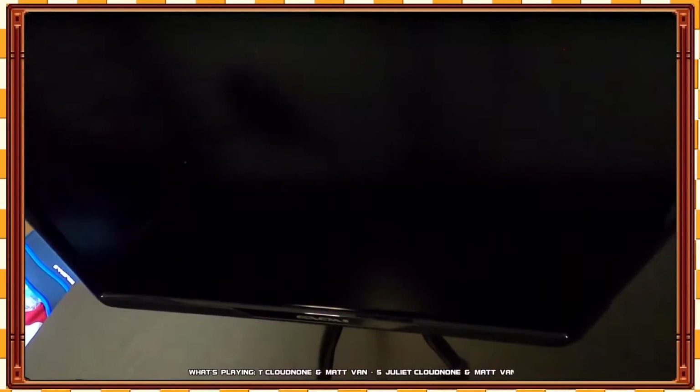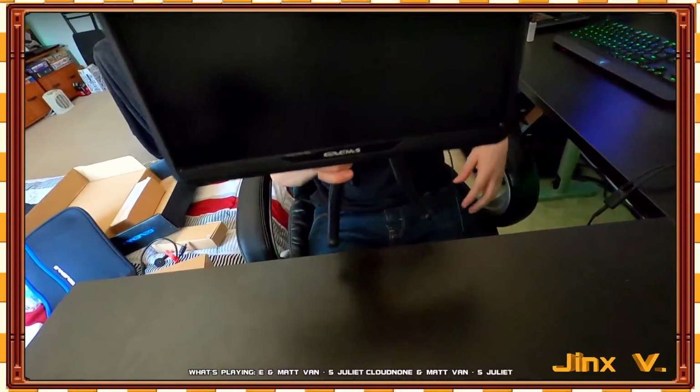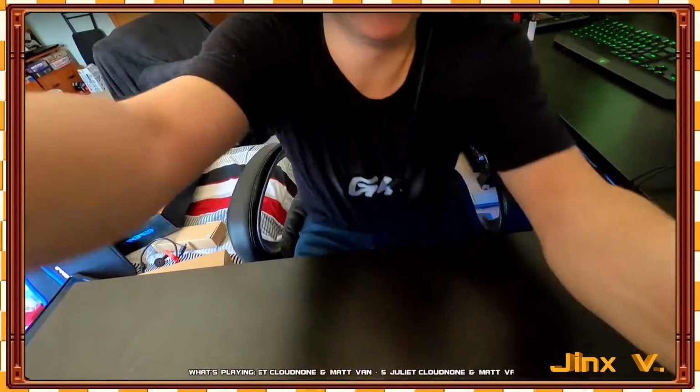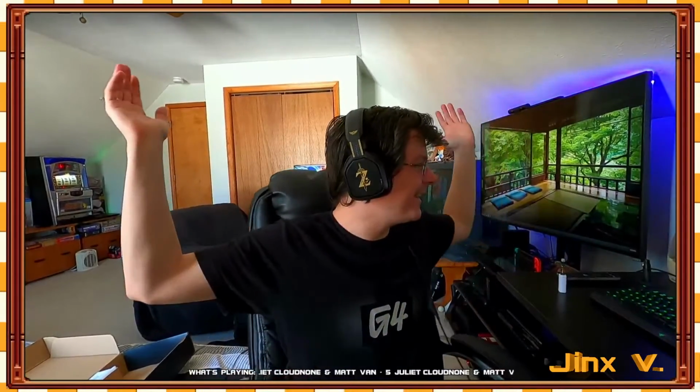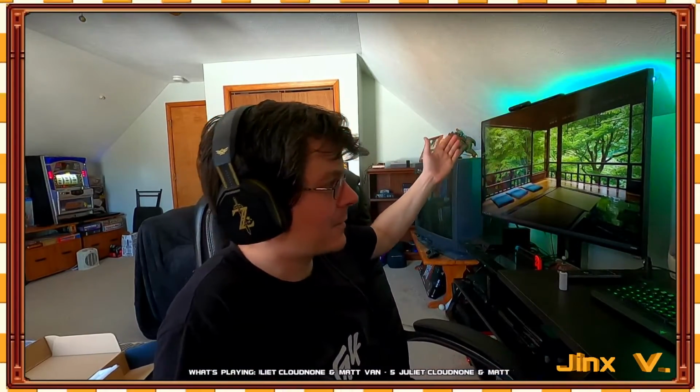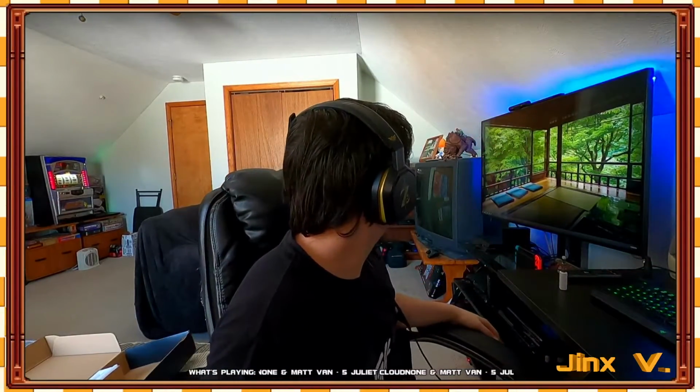Yeah, I guess I don't have any better camera angle of it than that, but yeah, there you go. So, boom. That's the GAEMS M155 monitor. Yeah, now you get to see my room from another side. There's that Kino slot machine over there, and my TV that I was normally gaming on. Yeah, all my cool